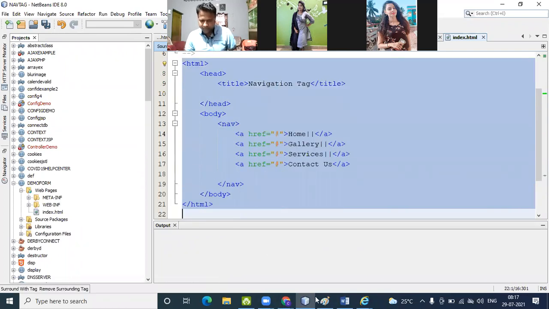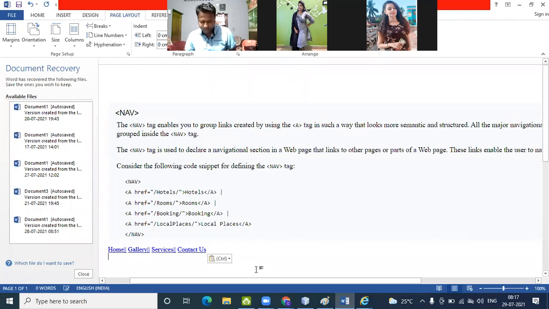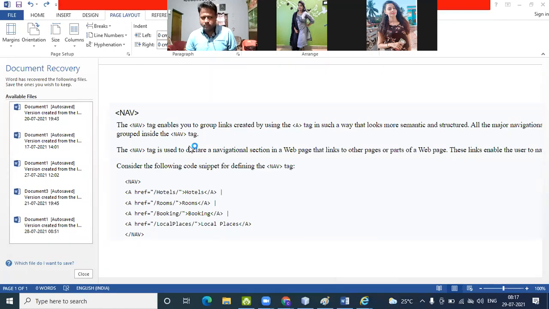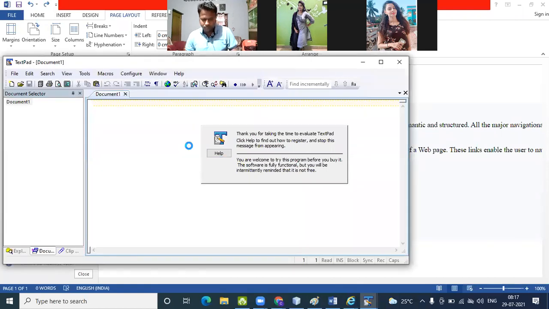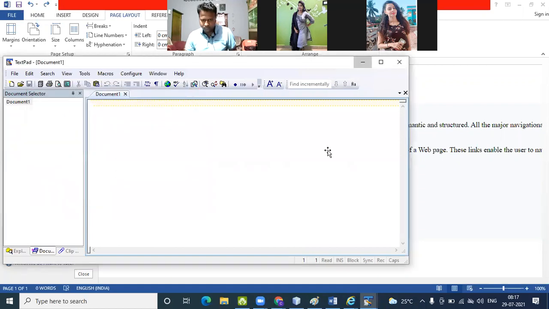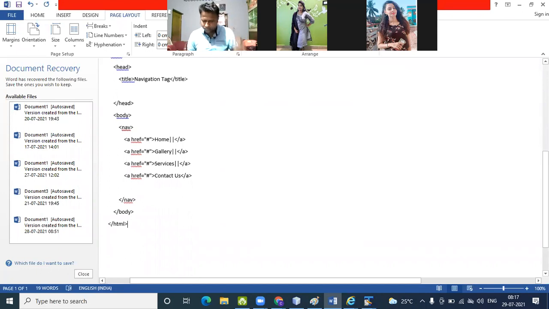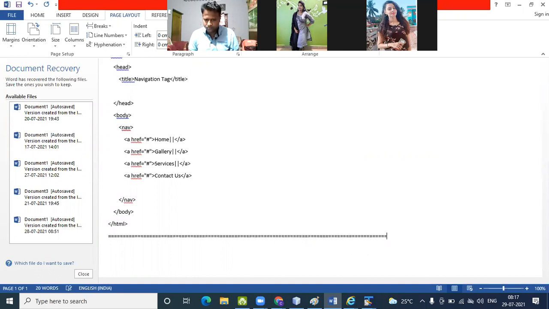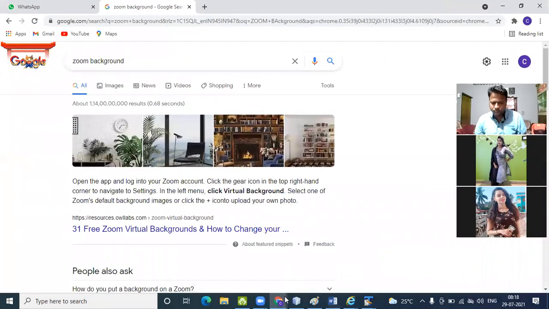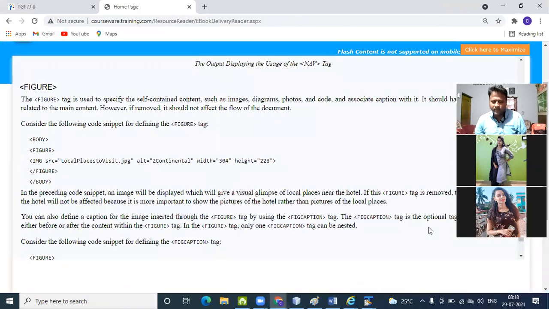So this is an example of the navigation tag. So let's see another example, the figure tag.